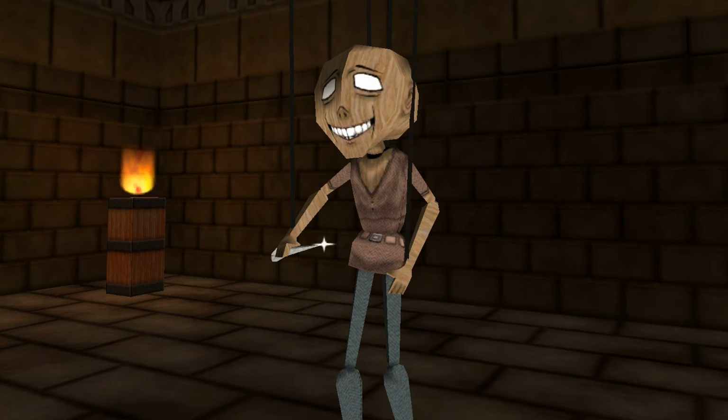Wait, I just remembered something. I think the strings are more noticeable on this model. Yeah, that's one thing. They're a little bit more noticeable, actually. I can definitely tell. You can see them really well. But hold on, I was gonna...